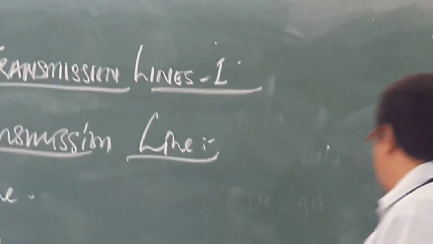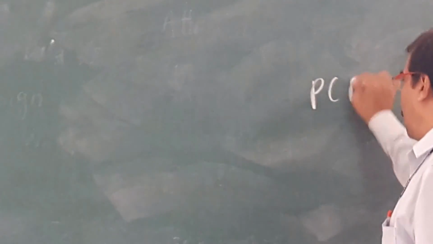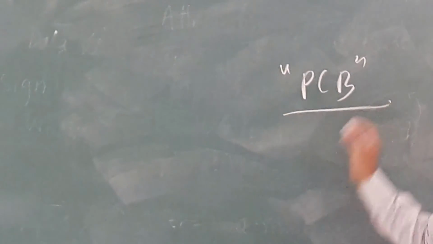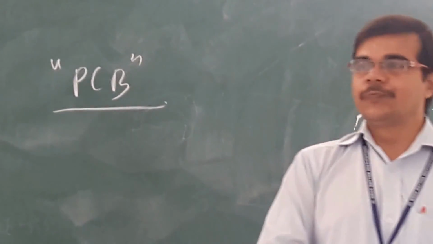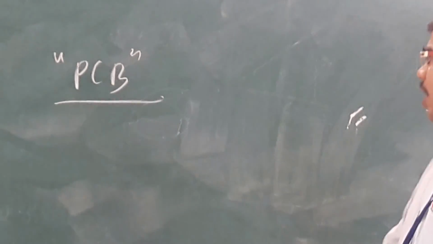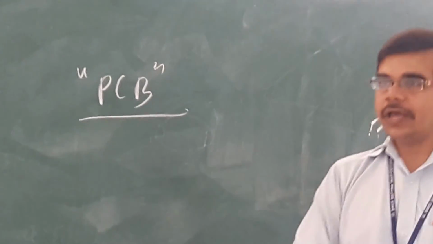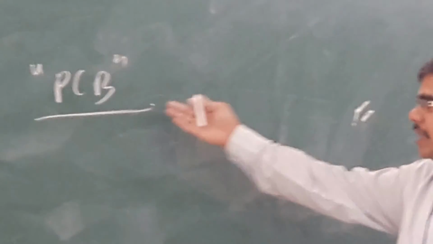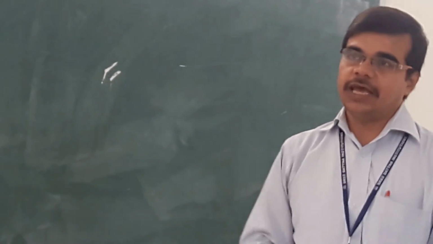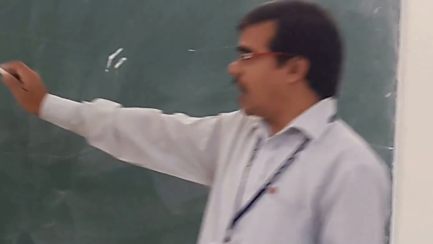Okay, what we are having in your printed circuit board, there we are going for the photolithographic technique. In one step, we are fabricating the entire transmission line component. So what are the different components that are used? Directly, we are going for fabricating it in one